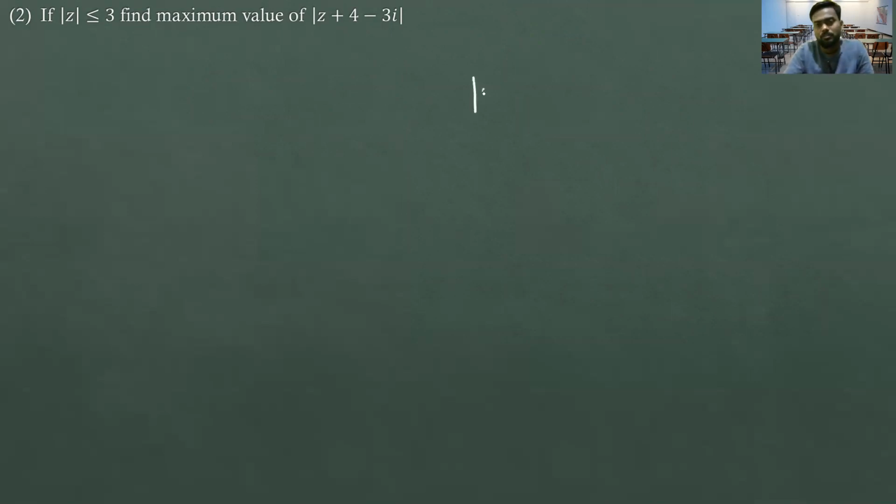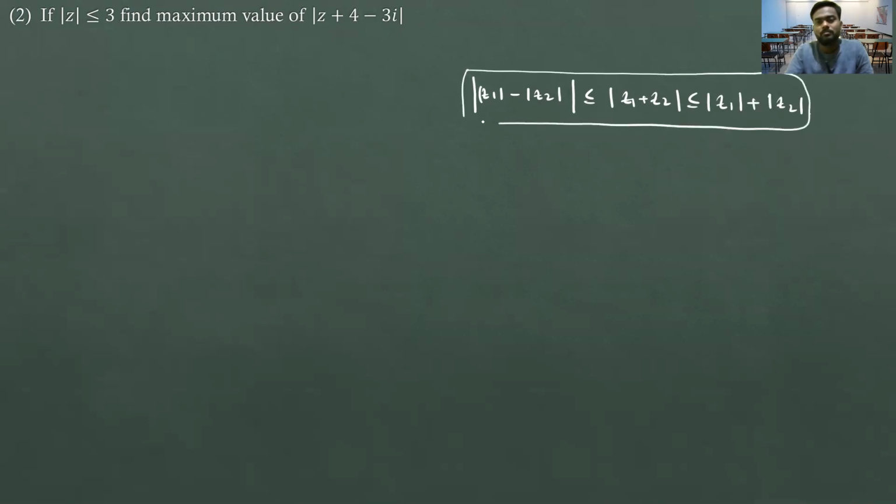That is basically modulus of z1 minus modulus of z2 is less than or equal to modulus of z1 plus modulus of z2. I will suggest you write this formula each and every time so that you don't get confused, and then think about what you can do. They are asking for the maximum value. Maximum value means it should be something like this; only then can you say maximum value. If it is always less than or equal to a, then the maximum value will be a.